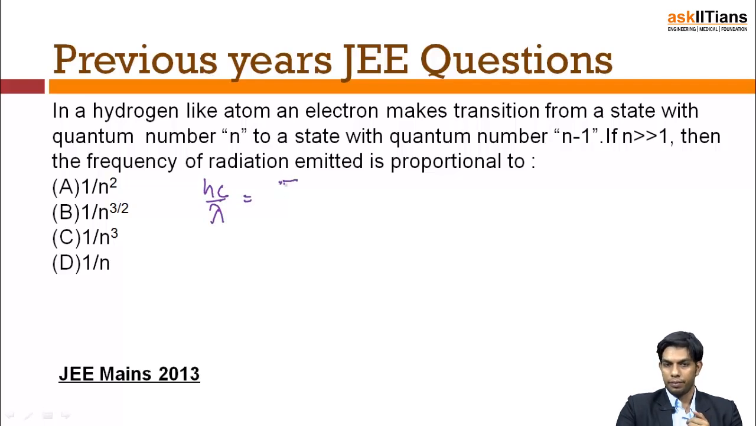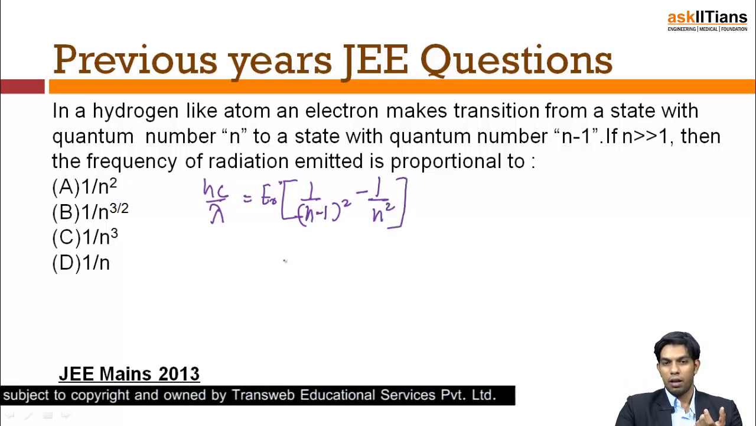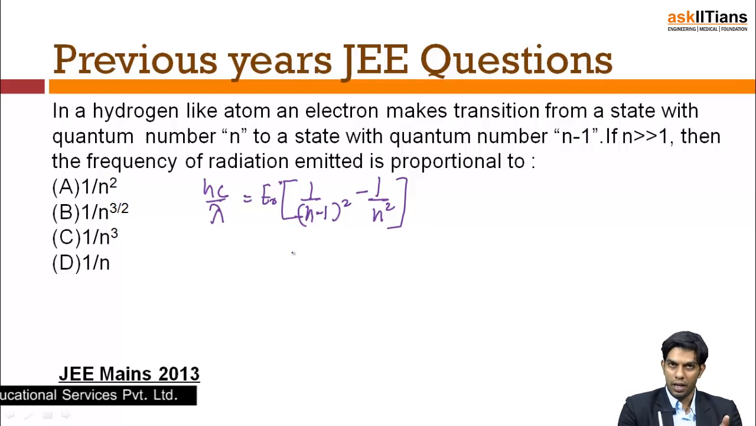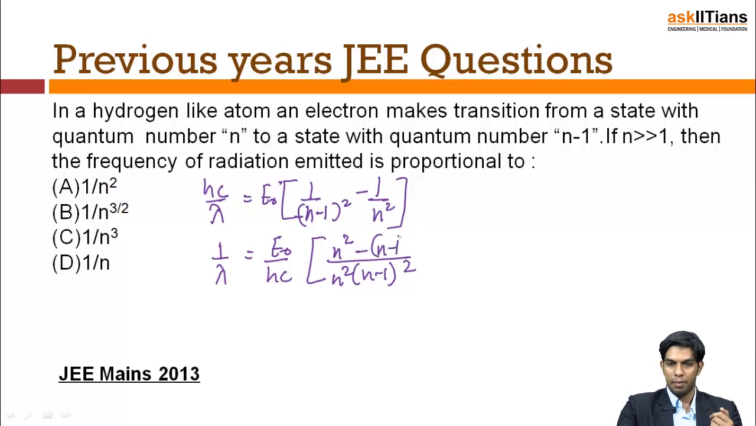equals E naught, again 13.6, times 1 by n minus 1 square minus 1 by n square. This is the relation between the difference in the energy levels and the wavelength of the light which I expect. So simply work this out, that is 1 by lambda is equal to E naught by Hc. In the denominator I will have n square, n minus 1 whole square. In the numerator, I will have n square minus n minus 1 whole square, which in turn will come out